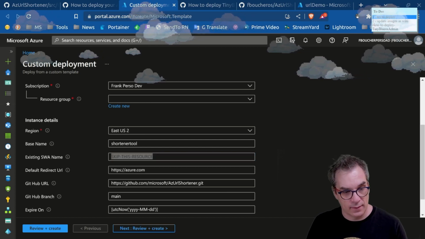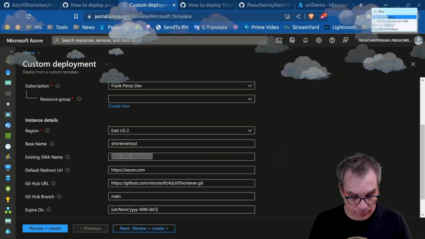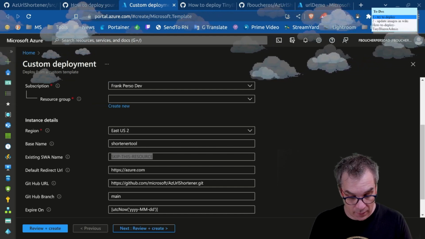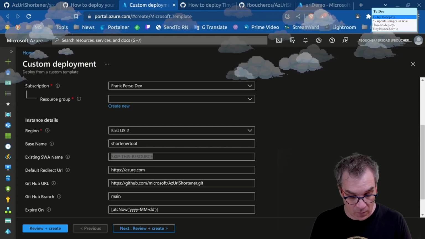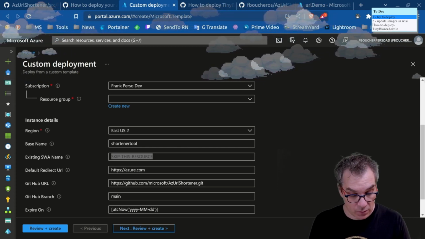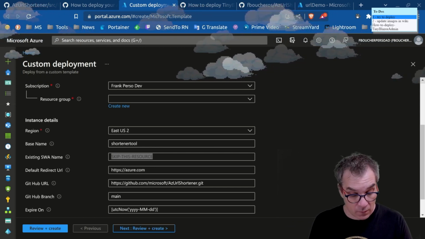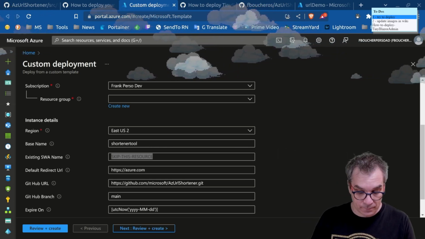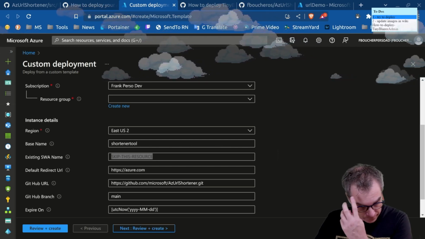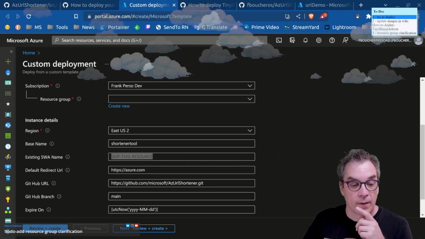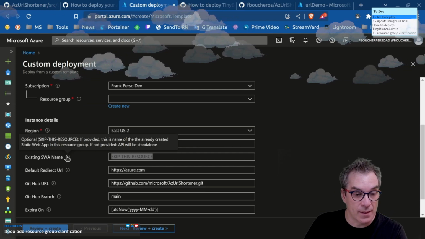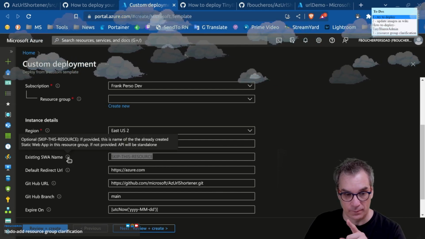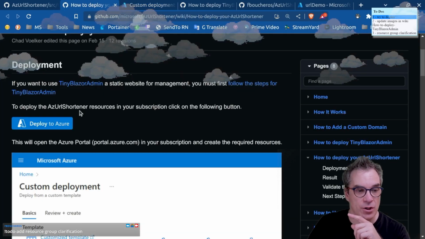Okay, so let's add a to-do for that. So to-do, add, specify resource. So it's there, right? Optional. Skip this resource if provided. This name is the currently already created resource group. If not, this. So we need also probably to change it because here I say